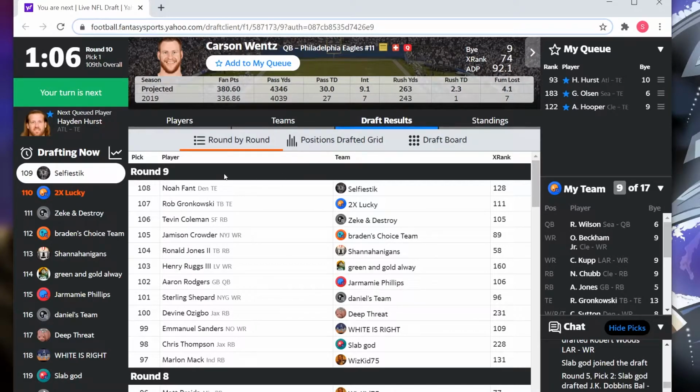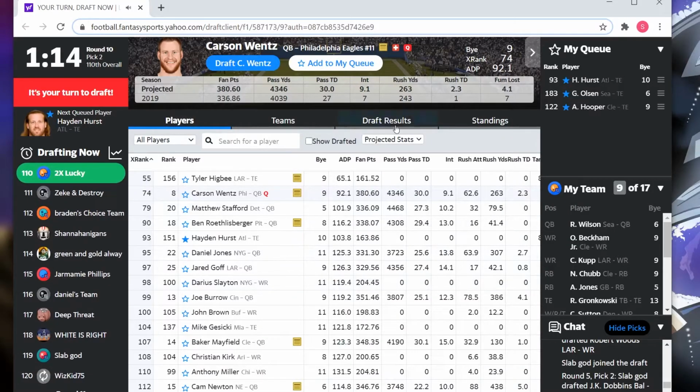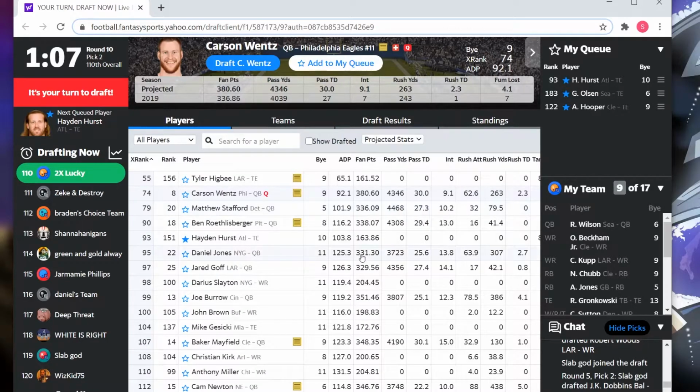He took Noah Fant over Gronk. Yeah, probably. He went with two tight ends. That's so funny. He's hoping one of them hits. I understand the situation he was in and why he did that, but